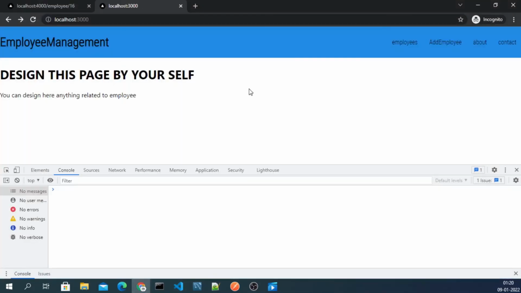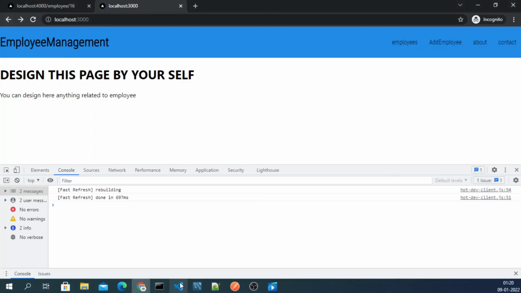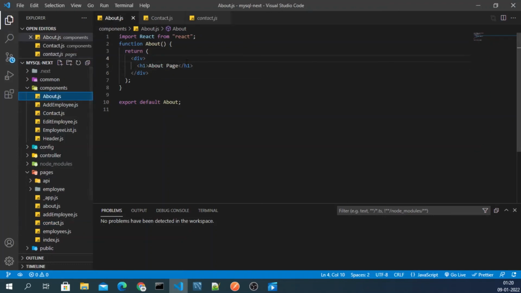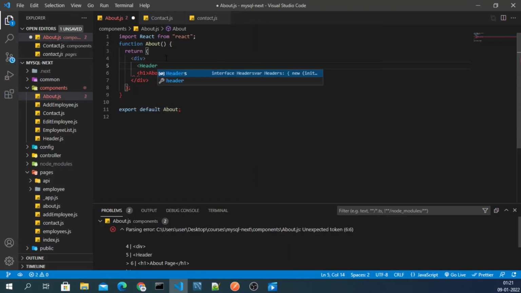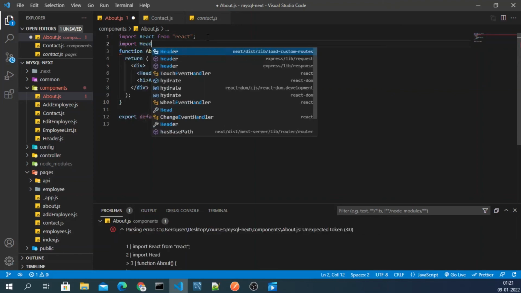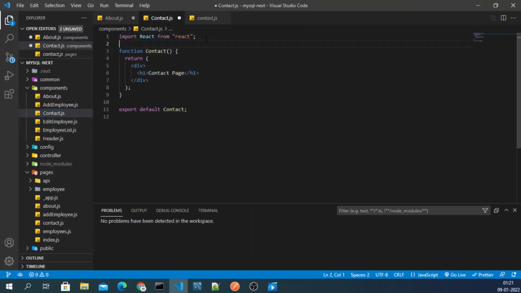So let's check it by clicking on about. Okay, we are lacking one more thing here. We have to provide the header as well, and we will go inside about.js, and just above this h1 I'll type here header like this, and I will import header from header like this, and then I also need to do the same inside contact.js.